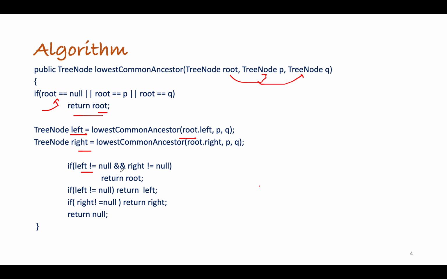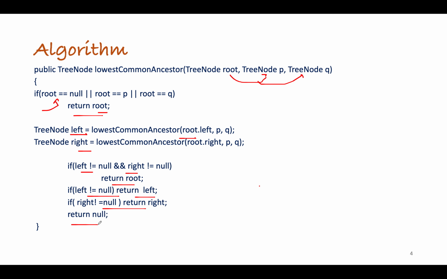If both of them happen to be non-null, we simply return the root value. Otherwise, we check whether the left value is not null, and we simply return the left node. Otherwise, if the right value is not null, we simply return the right lowest common ancestor. And if none of the cases is met, we simply return null. Please assume this to be the pseudo code. I'll talk you through the validity of this code. How is this working and why is this working?